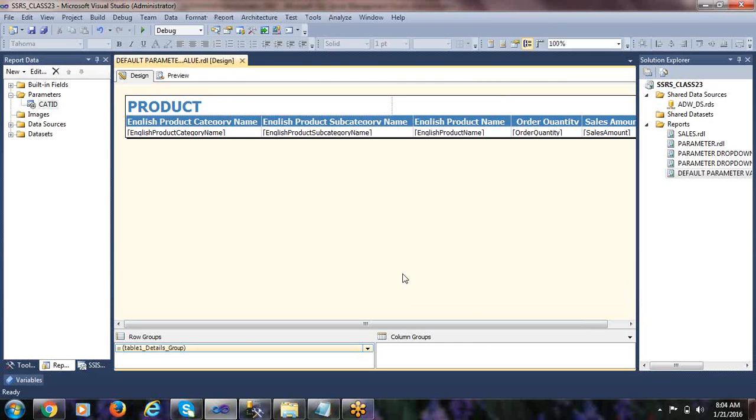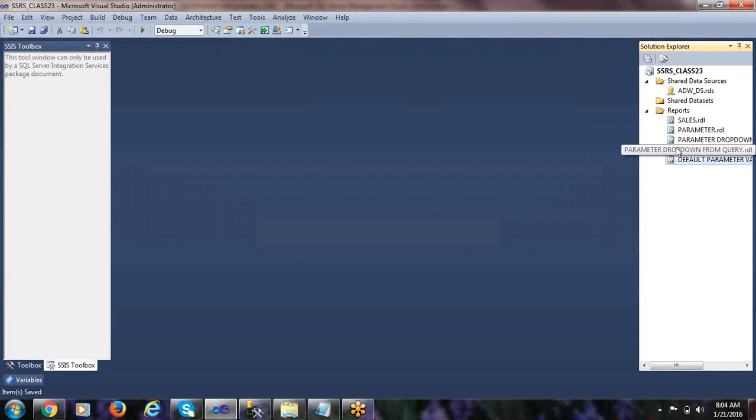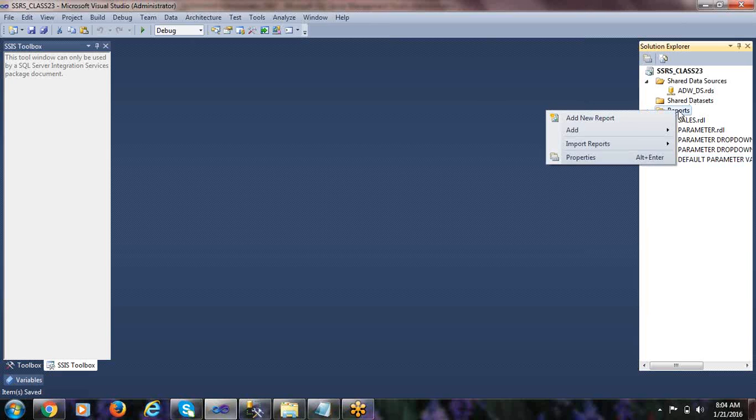Okay, fine. So let's save this. Now, in the parameters concept, the important one is the cascading parameters concept. Before doing that, let me introduce two parameters. As of now we have created only one parameter. So what if we have two parameters? That means two conditions. Okay, simple, two conditions.